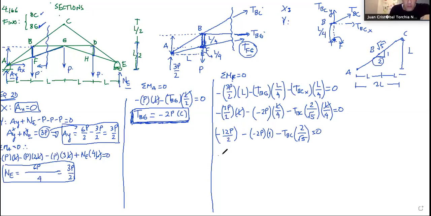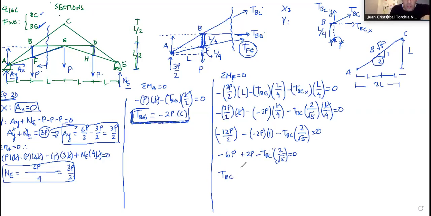Now let me just do some housekeeping. Minus 6p plus 2p minus TBC, the square root of 5. Oh, some lag. I have some lag over there too. I'm going too fast for this thing to follow me. Oh yeah, I'm so fast. And now TBC